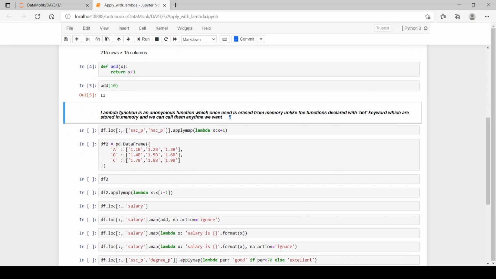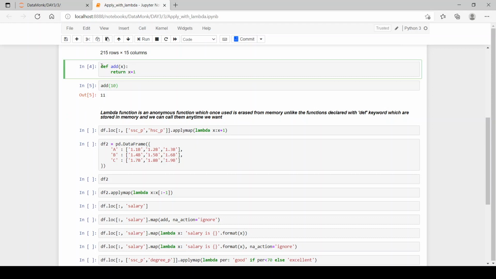Now let's see what a lambda function is. A lambda function is an anonymous function which, once used, is erased from memory, unlike functions declared with the def keyword, which are stored in memory and we can call them anytime we want.